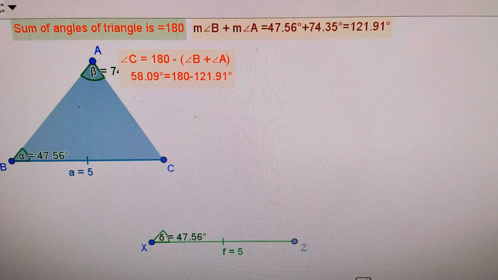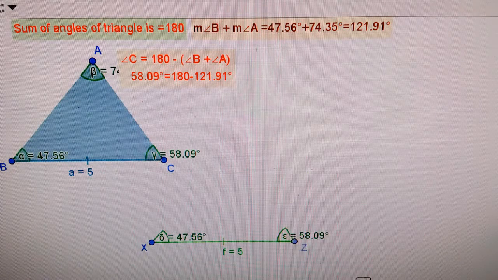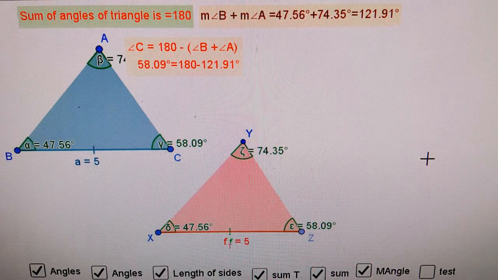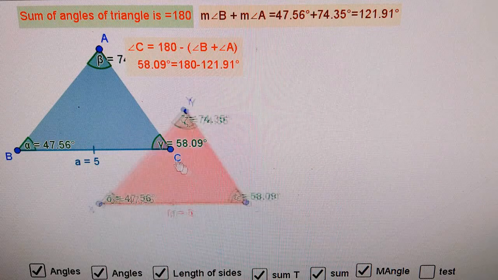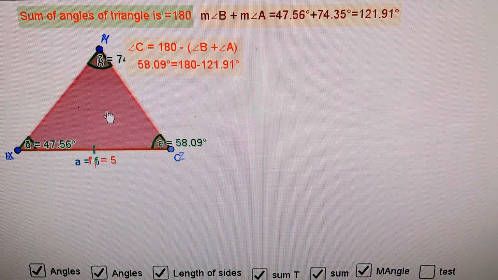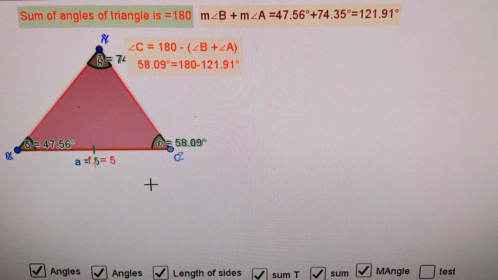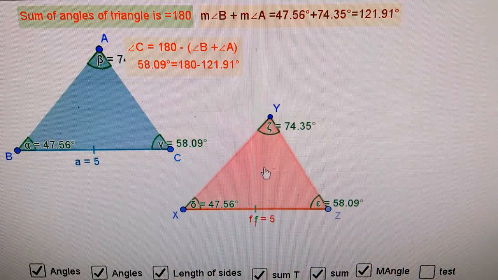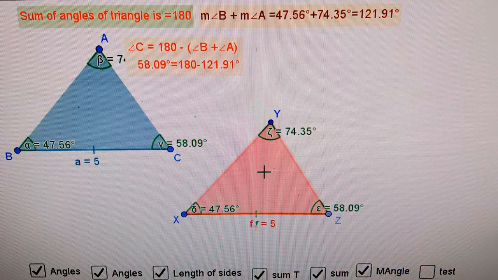Using this information you have to construct the second triangle now. Draw the angle of given measure, angle C, at point Z, and both the rays will intersect each other at the point Y, and now construct the triangle XYZ. Well students, let's see whether these two triangles coincide with each other or not. Therefore we have to put both triangles on each other. See, both the triangles coincide with each other. That means these two triangles are congruent to each other.